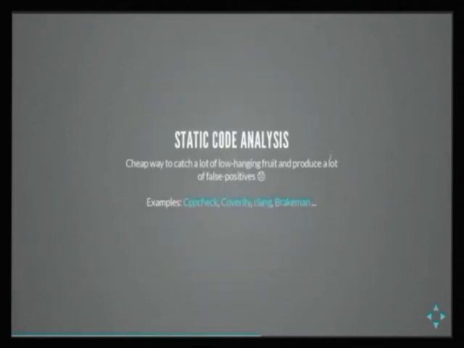Now another tool in security testing is static code analysis, which we also have at Red Hat. Experience shows that this creates a lot of false positives, and it's very hard to go through them.